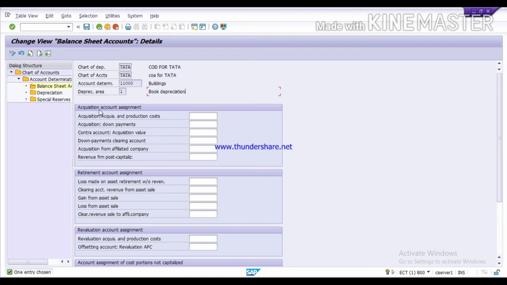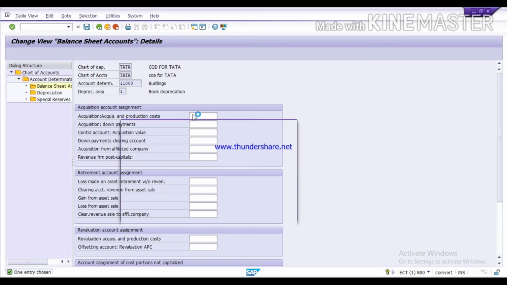First is acquisition account assignment. Under this, the first one is acquisition and production cost. It means your gross block GL. So here you have to assign your gross block GL which we have created earlier.